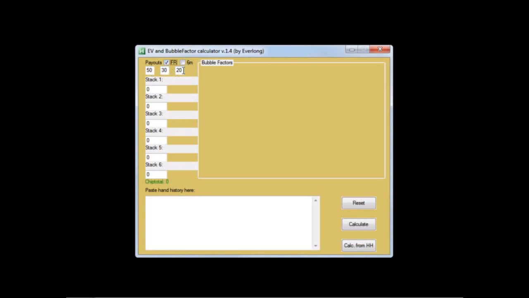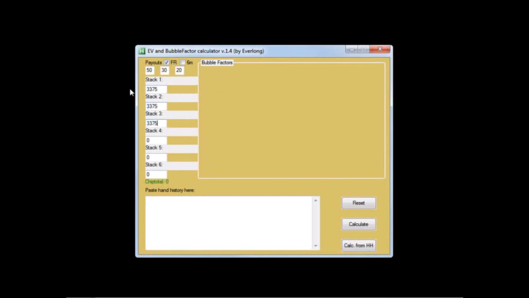This also works as an ICM calculator, so it will calculate your EV values according to the ICM. But it has the same limitations, only up to 6 players. So let's just look at a couple simple examples real quick just to see how we use this program. So let's look at an even stacked bubble situation